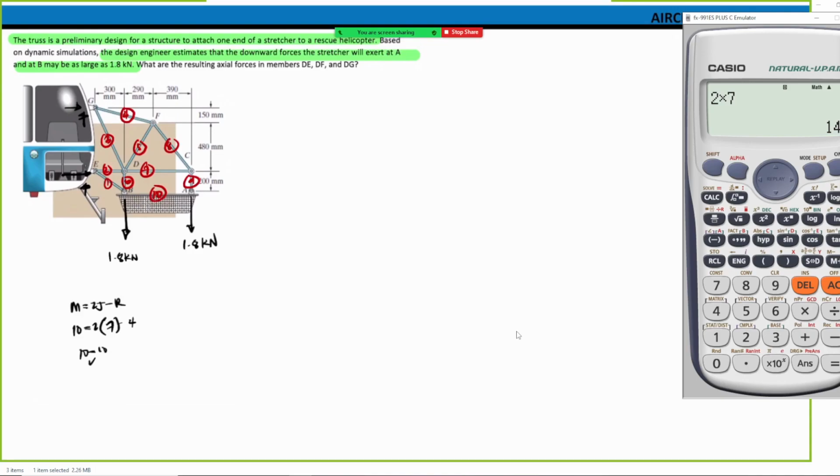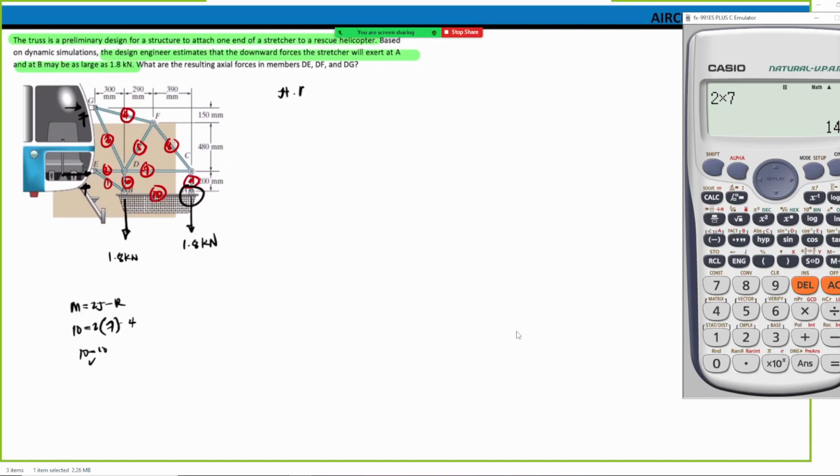Okay? Next, DE, DF, and DG yung hinahanap. Okay? So, by method of joints, sa subject natin per joint yung ating truss. Okay? So, we start either kukunin mo yung reactions or pwede ka mag-start at any joint with 3/4 member. Okay? Or 3 members. So, as you can see at joint A, if dito tayo mag-start, that is